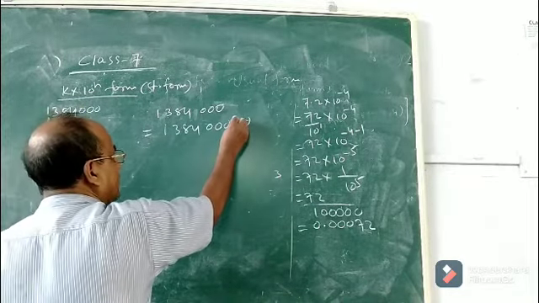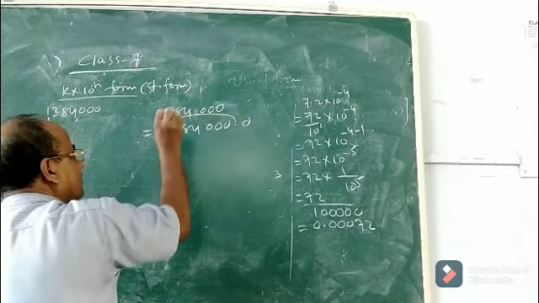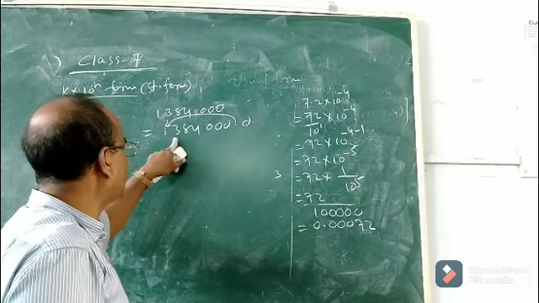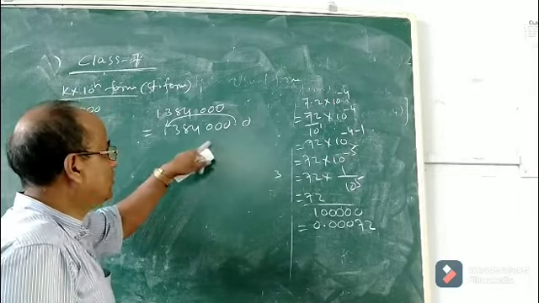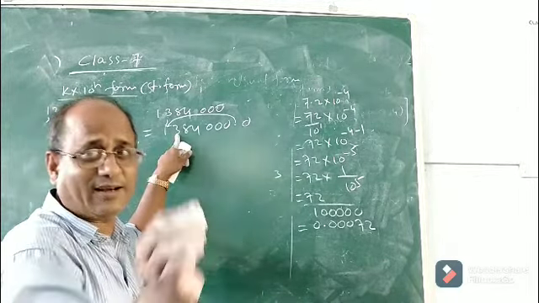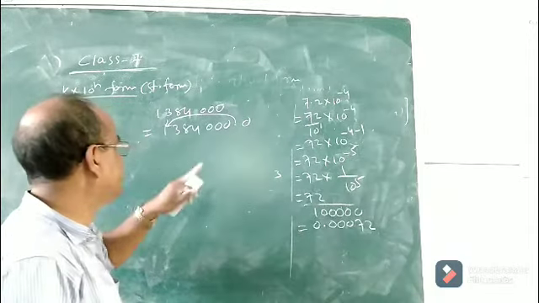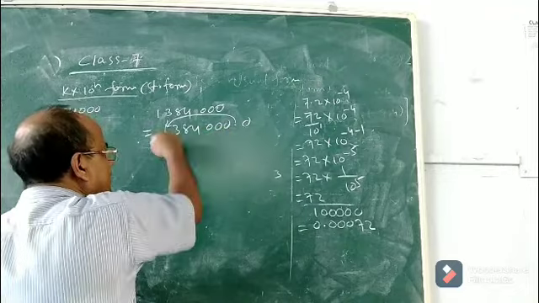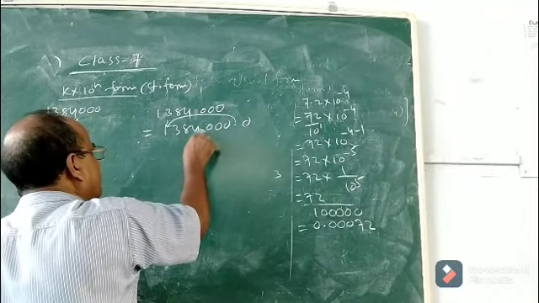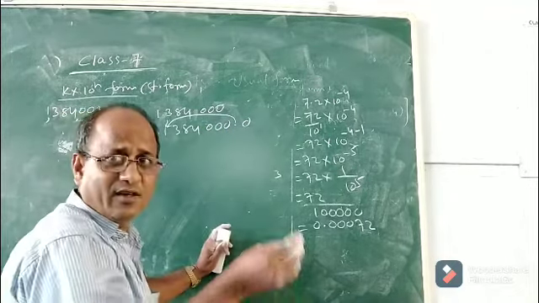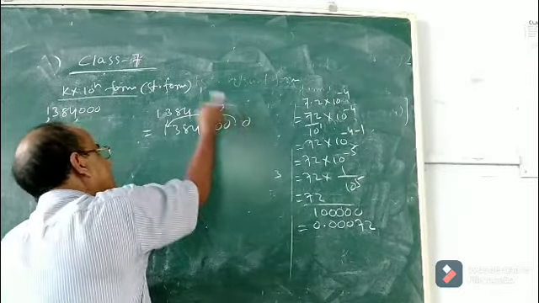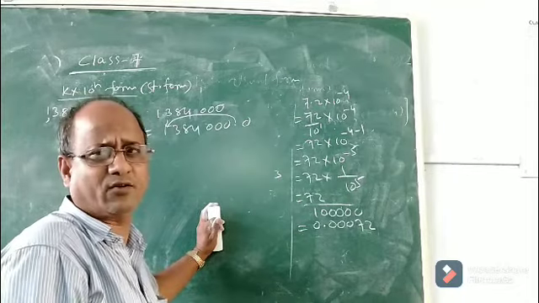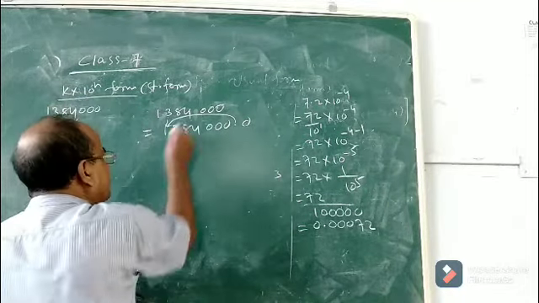The next step is we have to shift this point here after 3 or after 1. You see, after 1, so that the value of k will be less than 10 and greater than or equal to 1. Now how to shift this? You count how many places you are shifting from right to left. 1, 2, 3, 4, 5, 6. That means if you shift this point 6 places towards the left, then only it will come in the form of k into 10 to the power n. Otherwise not.